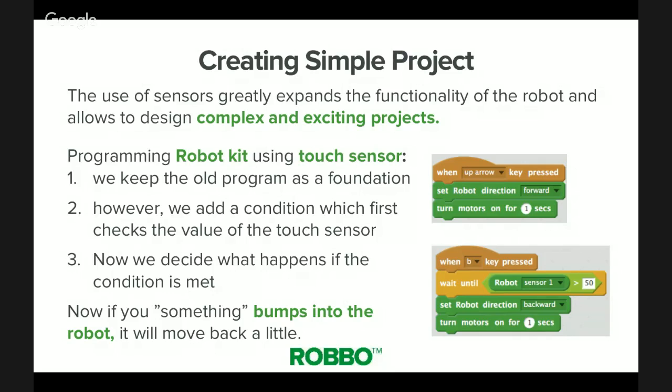So down arrow, let's say. And if I forgot to mention, I'm mentioning it right now, the direction can be changed from here. So it's either forward, backward, we turn left, or we turn right. So right now, logically thinking, if I press down arrow key, I would like to go backwards. And if I do that right now, I can say